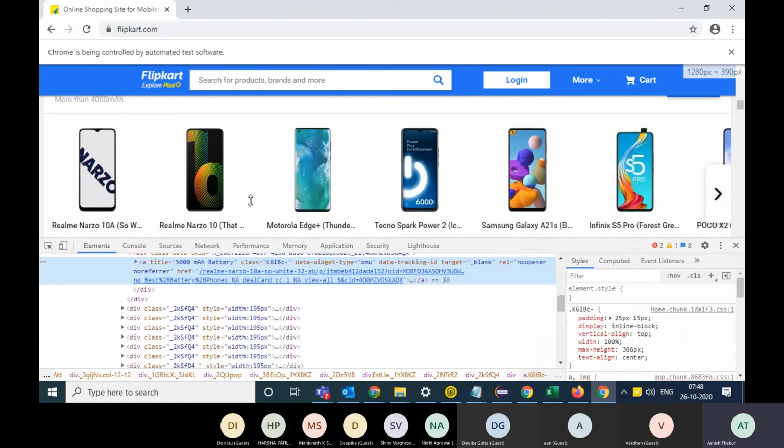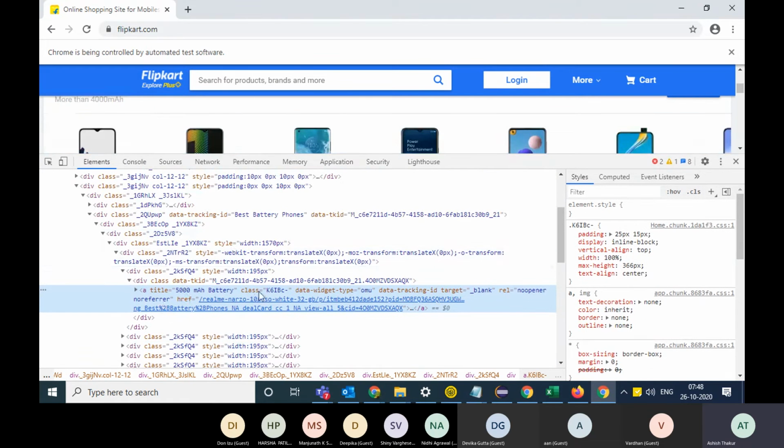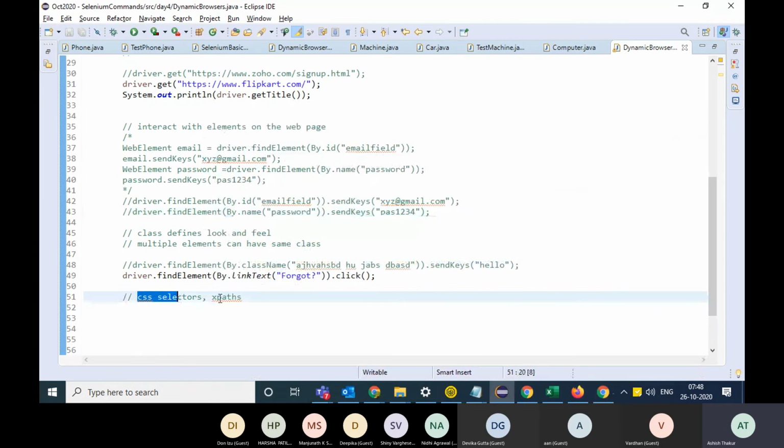This particular element is not having an ID. Although it has a class, the class is not unique. So you cannot just go and identify it directly. You will have to use either XPaths or CSS selectors to identify this element. I'll talk about XPaths and CSS selectors.